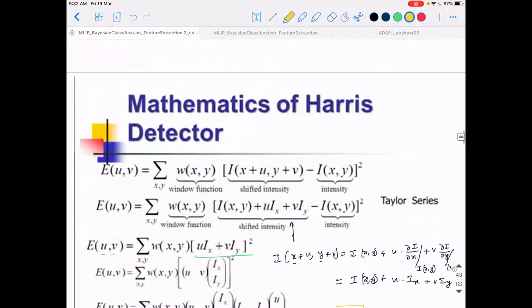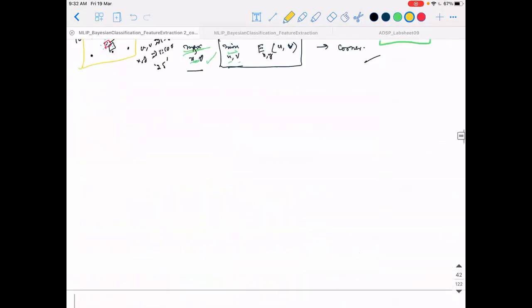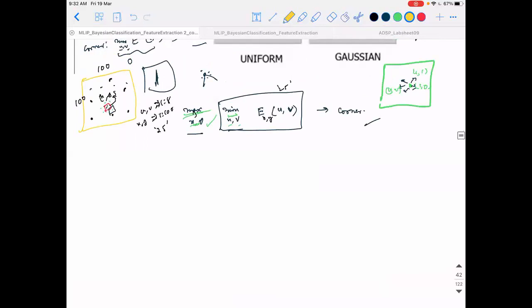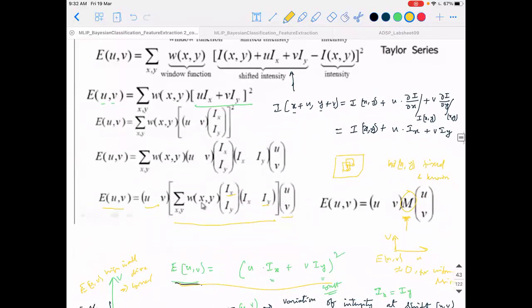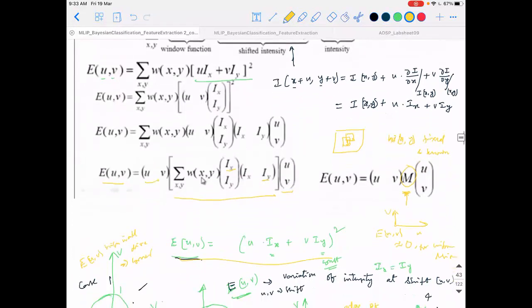We said earlier it was 10 power 7 or 10 power 8 operations. Instead of that, how many operations do you need at each pixel? Computing Ix, Iy is of order say 4 operations, and you have to compute it at each pixel. So it is a reduction from 10 power 8 to 10 power 4 in computations, just by an elegant mathematical trick and understanding. Is this clear?